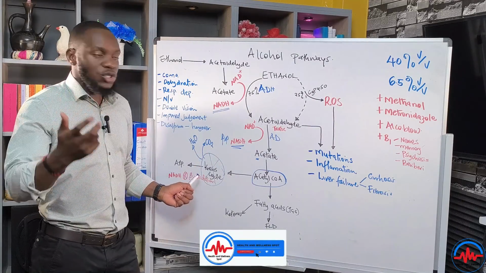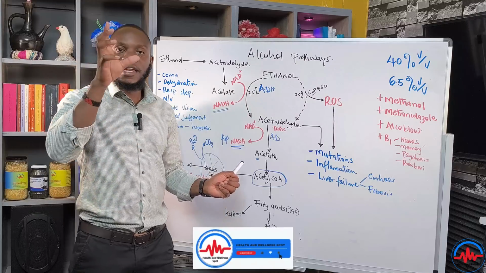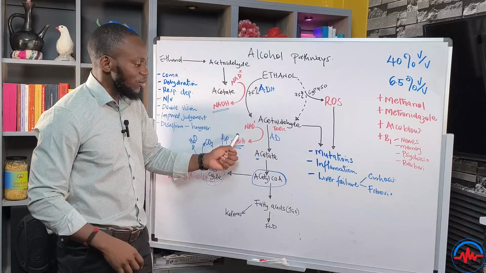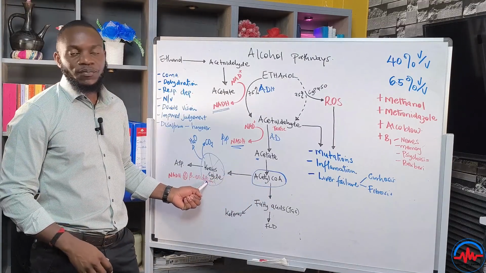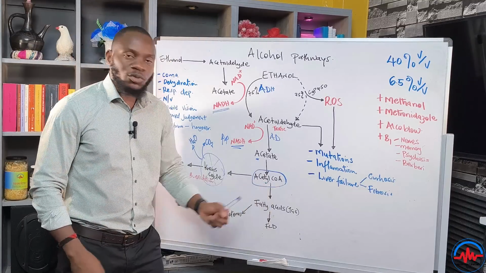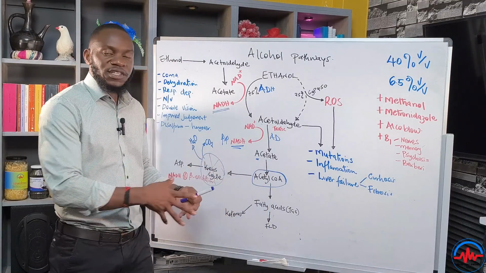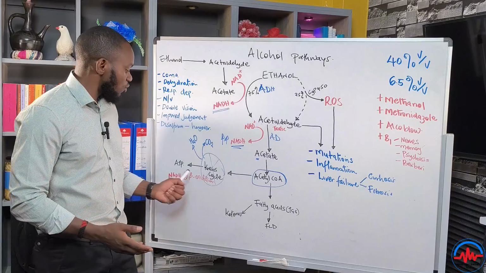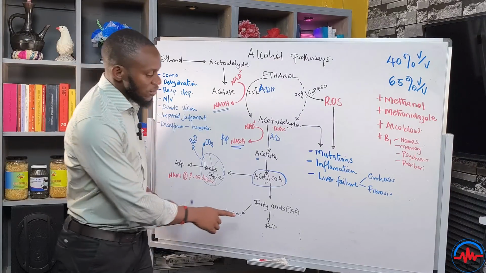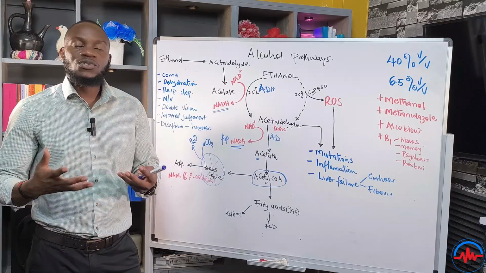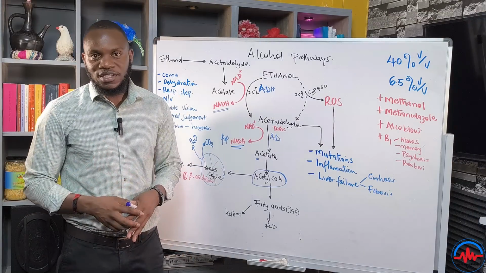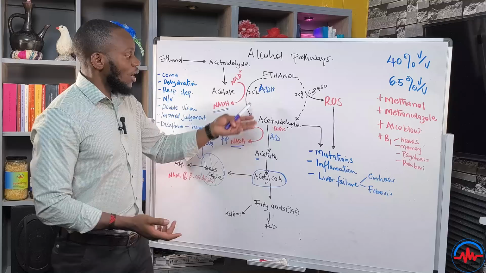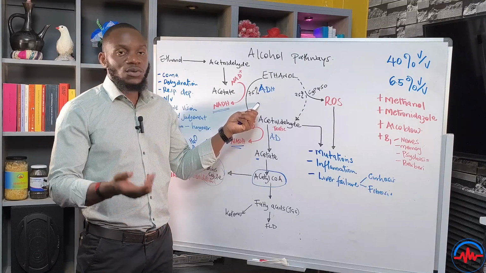That is one. Number two, this can actually block again the glycolysis pathway. So you will not break down glucose to get energy, because the glycolysis pathway is coming through the same pathway. Number three, you will not be able to metabolize fats to release free fatty acids that will be used to form ketone bodies for your energy sources, or even to form ATP. That means you start accumulating fats in the system. And once you start accumulating fat, now you have a fatty liver disease. And that is what we call the alcoholic fatty liver disease. So alcohol is very dangerous in terms of a fatty liver disease that causes you more problems.